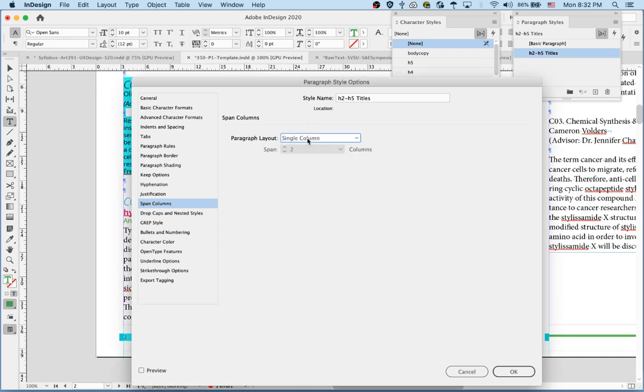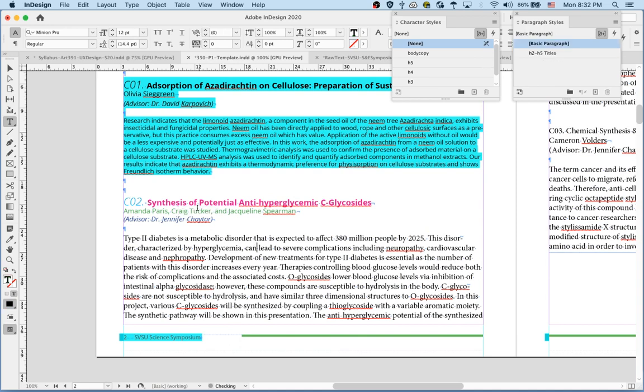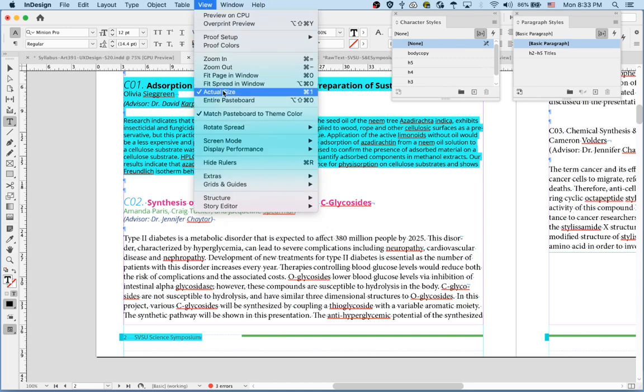So it usually is by default single column. So let's just say there. Okay. So look at that. It applied it: the number, the title, author, advisor. And notice they're all separate colors. So if we did a preview now,